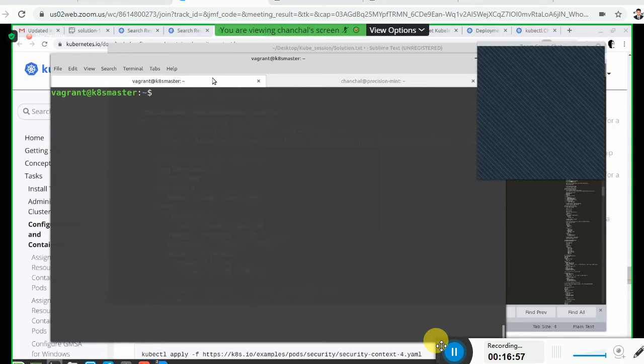Whatever garbage we have created earlier will slow down your system. kubectl get deployment. If we have created any deployment, yes, there is one nginx deployment. kubectl delete deployment.